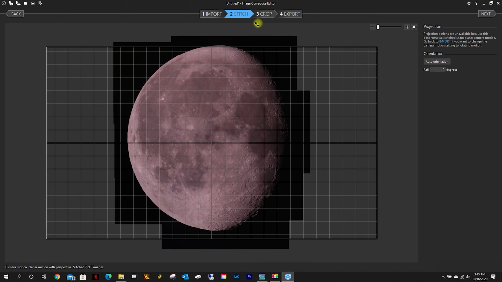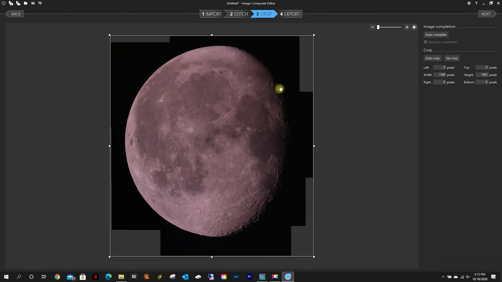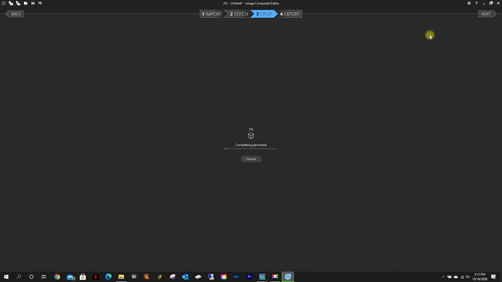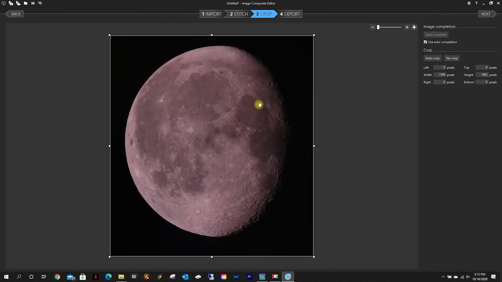So now we're just going to come over here to crop. There was something else we could have done in import, but this is quick, down, dirty. It's pretty simple, pretty easy to use. Image completion, autocomplete. I don't know if I wanted to use that, but yeah, that works. They just filled in those black areas that were missing,